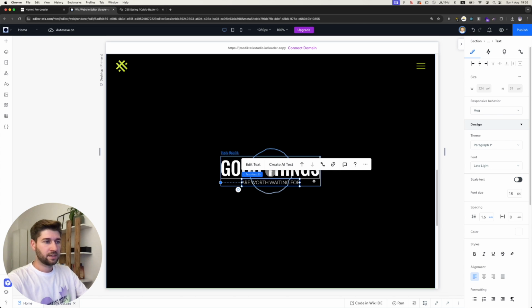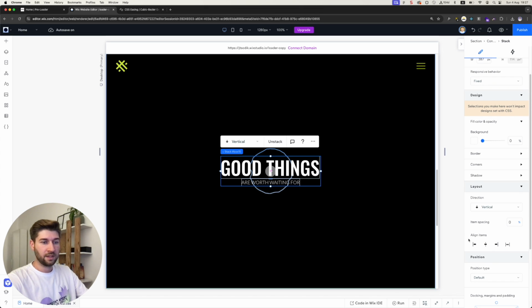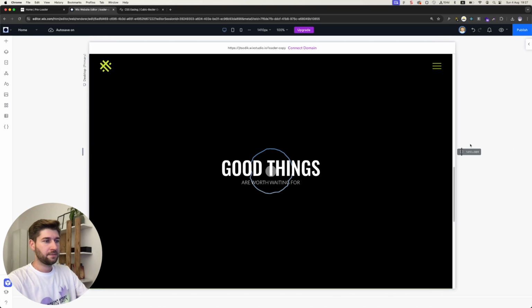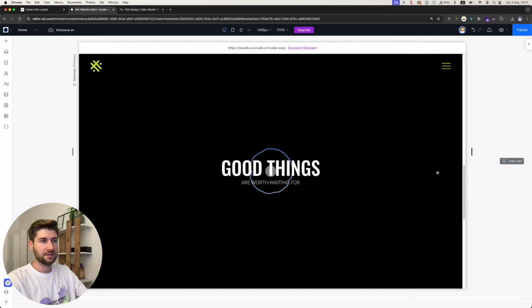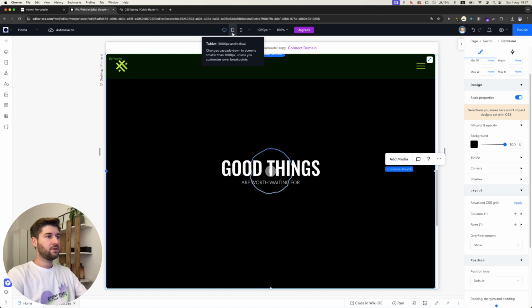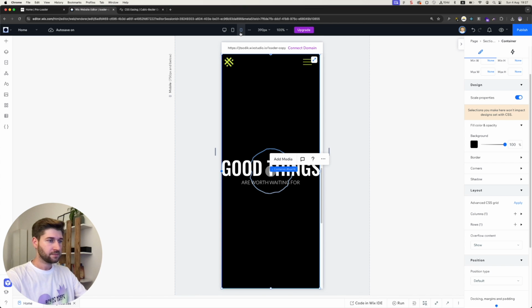And there we go. And select the stack again. Let's align the items to the center right here. And there we go. Now if we change the resolution, we see that everything stays in place. Perfect. Okay, so this looks good. Now we want to make sure it looks good on mobile as well, before we continue to actually creating the